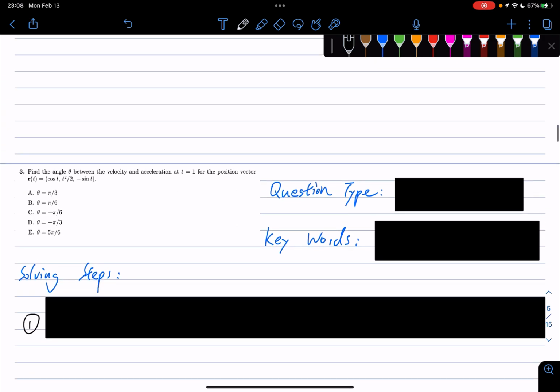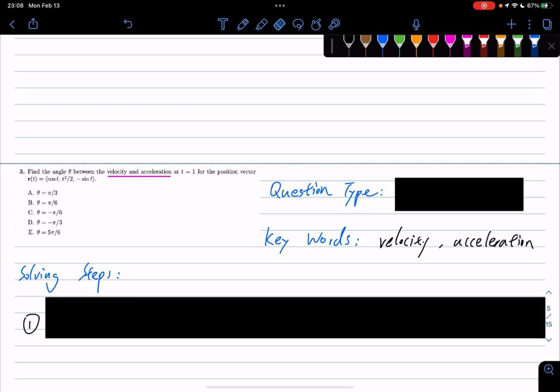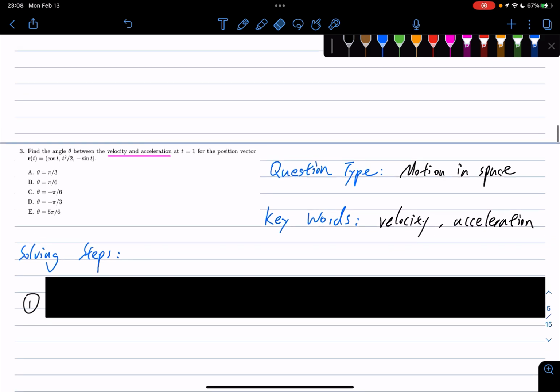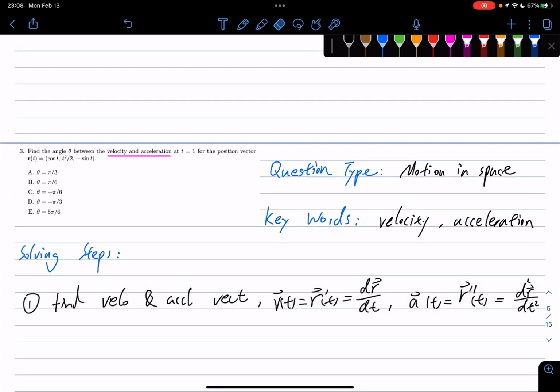Find the angle between velocity and acceleration at t equals 1 for the given position vector. Right. So this one is a mix of lecture content that you have learned from multiple lectures. Because we have velocity and acceleration, it's a motion in space problem, and then it's mixed with a little bit of basic vector identities. But anyway, to solve this type of problem, we're always going to find the velocity and